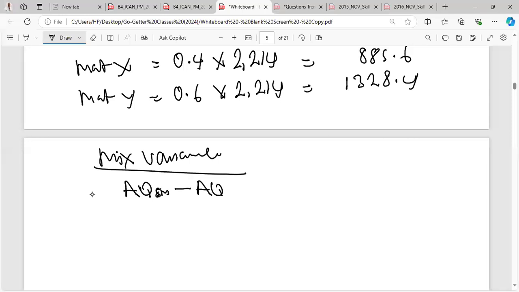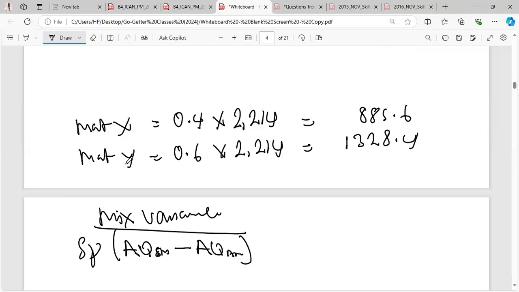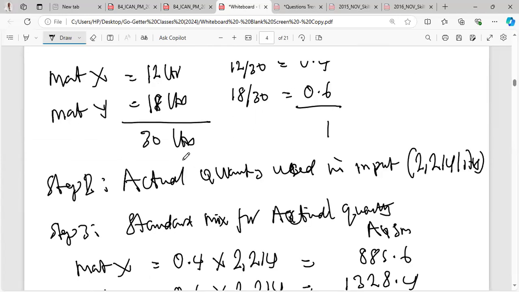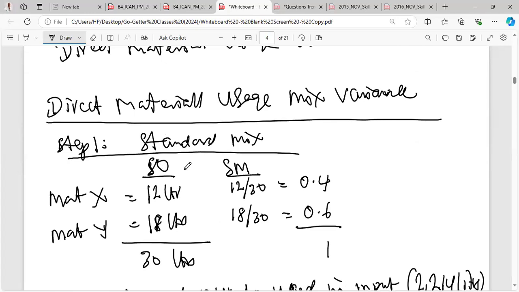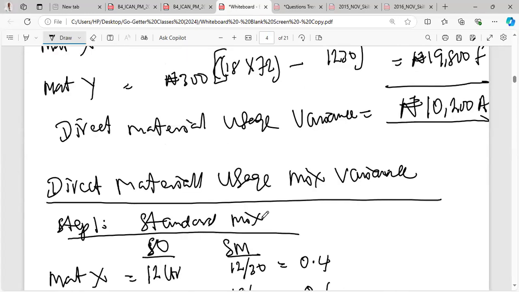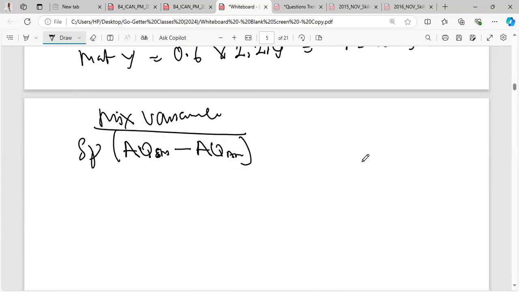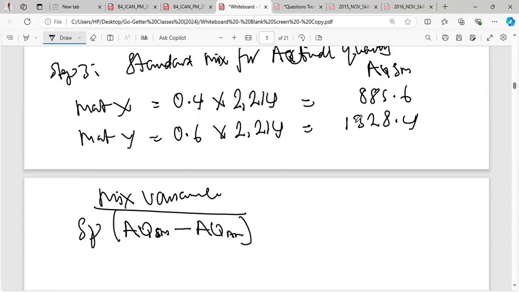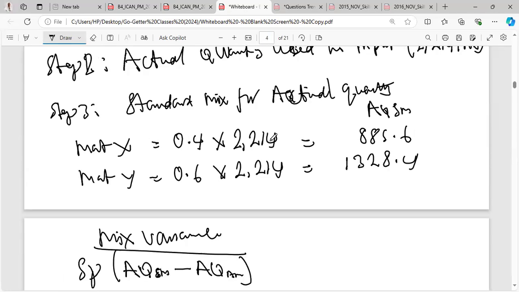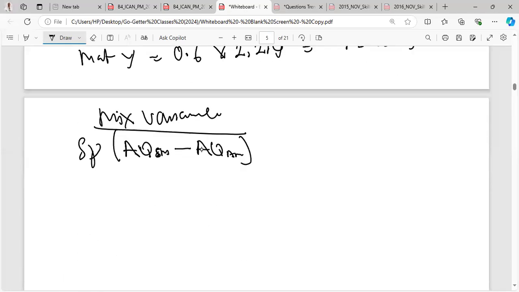Actual quantity here is actual mix. There's a standard price here. Okay, so that is what this is basically saying, because we have used the actual quantity with standard mix. So what it then means is that